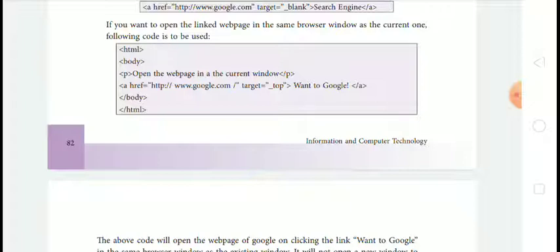A href equal to http://www.google.com, target equal to top, want to Google, then close the anchor tag, then close the body tag and close the HTML tag.